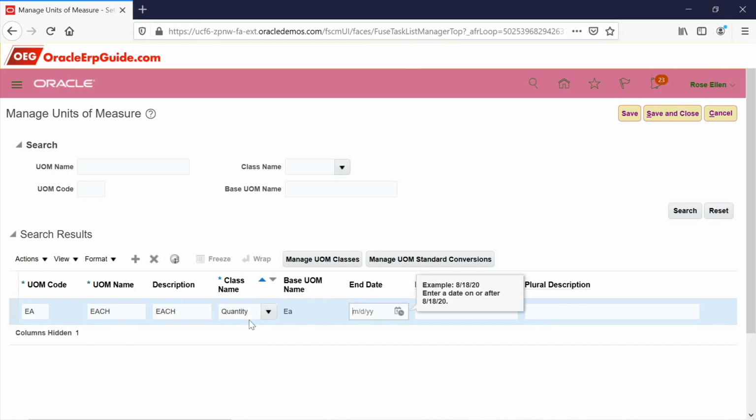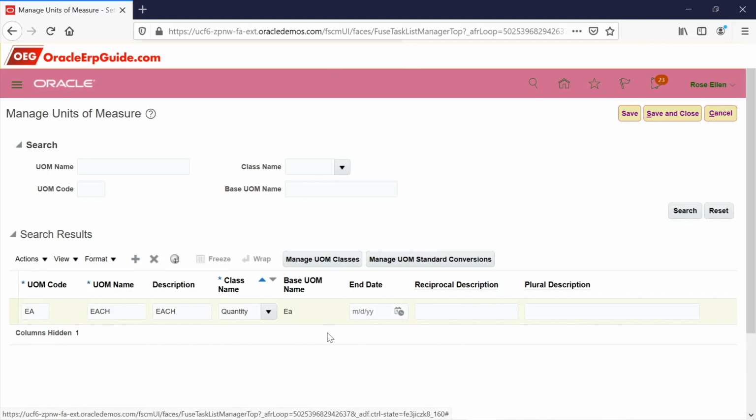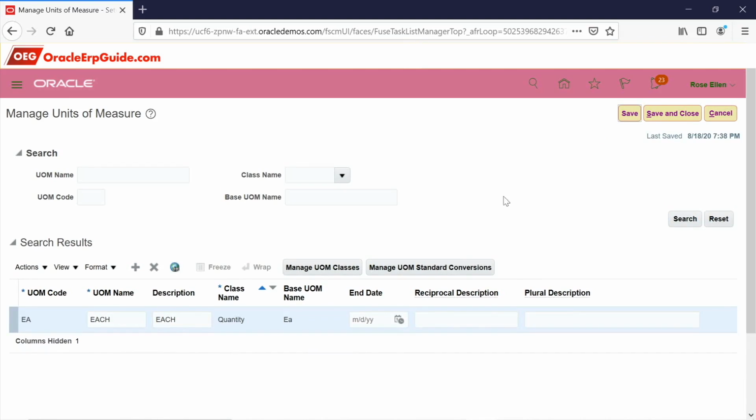You can see quantity has come, and we need not give the end date. Now you have created each. Let's save this. Since we already have this UOM class defined, we just created a UOM code which is each, and this is done.